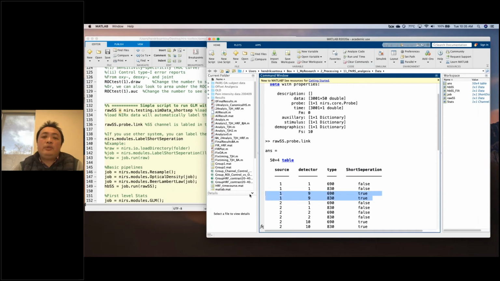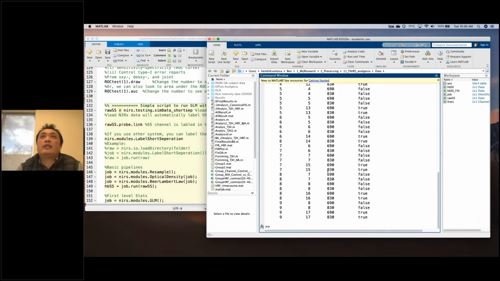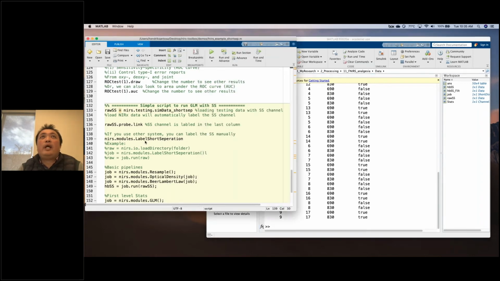The good thing is if you use a NIRx system, it will automatically label this if you have short separations. But what happens if you don't have a NIRx system? For example, you use a Techen system or another system. We have these modules to label short separations.